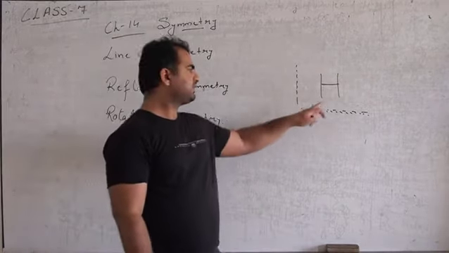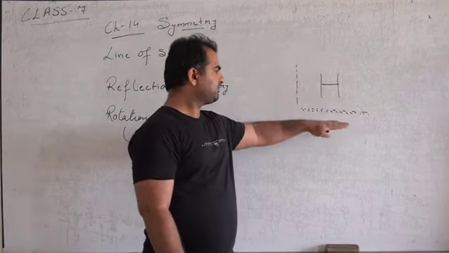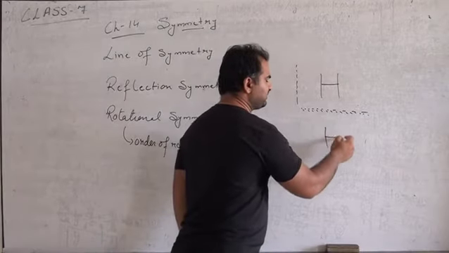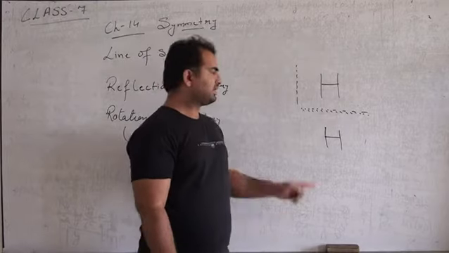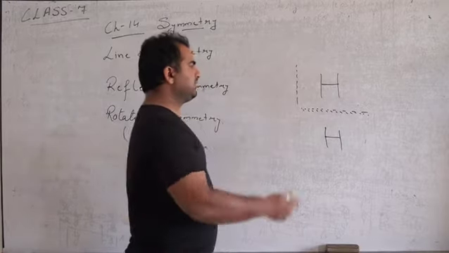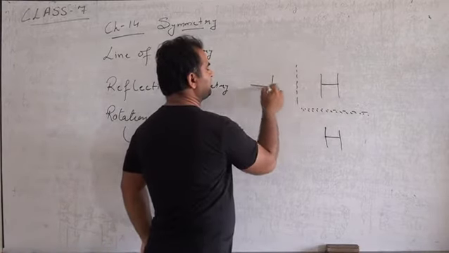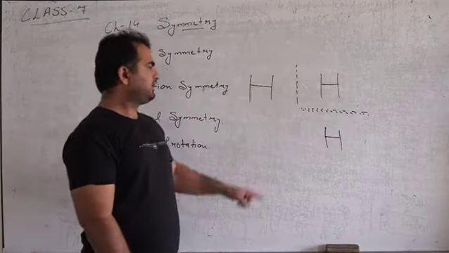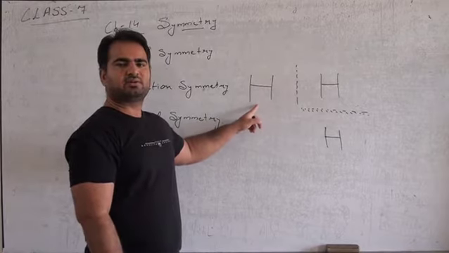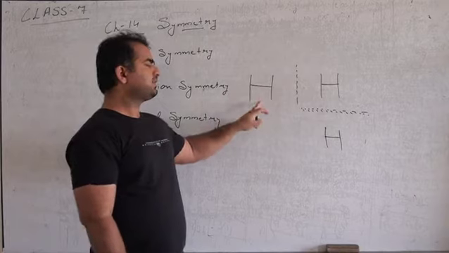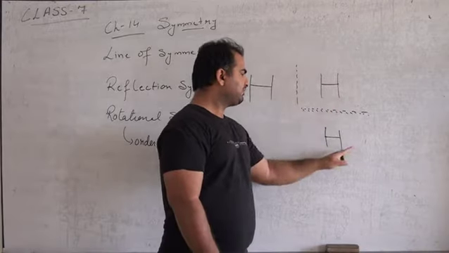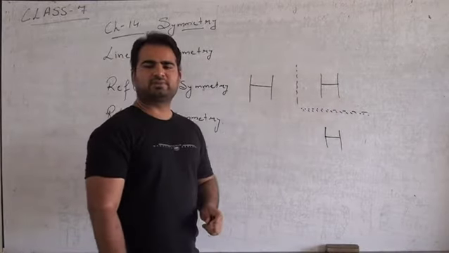what I have written is H. If you place H there, what will it have? It will have a vertical line of symmetry or horizontal line of symmetry. It will have a horizontal line of symmetry. But will it have a vertical line of symmetry or not? So I am making a reflection of it. Yes, it will have a vertical line of symmetry. Okay? We can also say vertical reflection symmetry. Now this H will have both vertical and horizontal reflection symmetry.